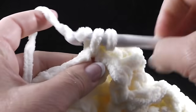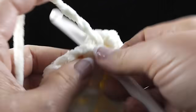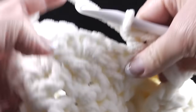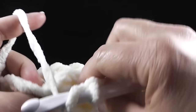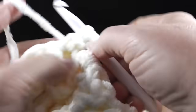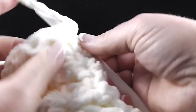So working the wattle stitches in that chain 1 space, which again is single crochet, chain 1, double crochet, I'm going to go ahead and work those 4 stitches. After those 4 wattle stitches, it brings us to the back side facing of that 4 post cable. So we just work 4 back post double crochets straight across,